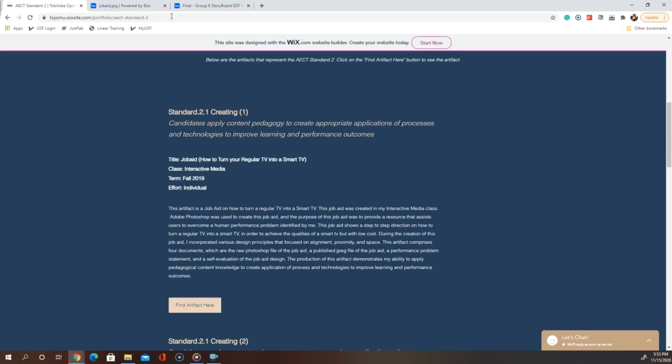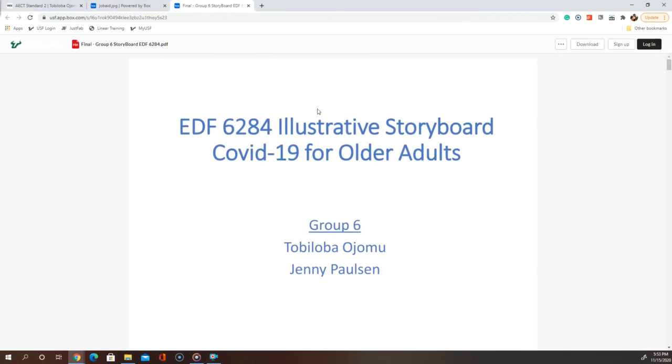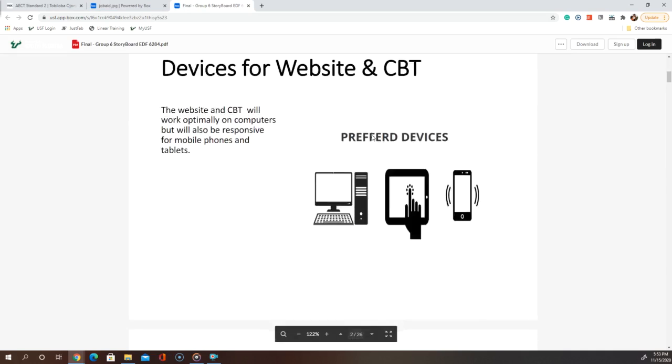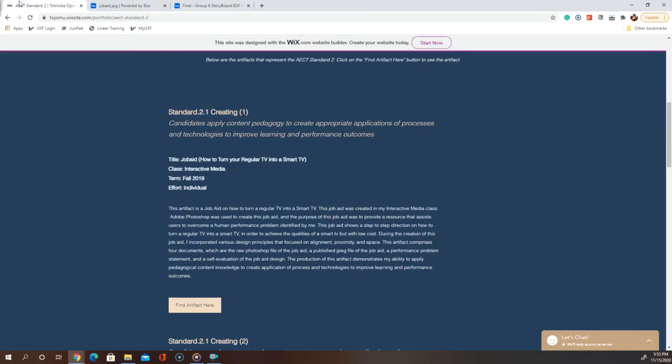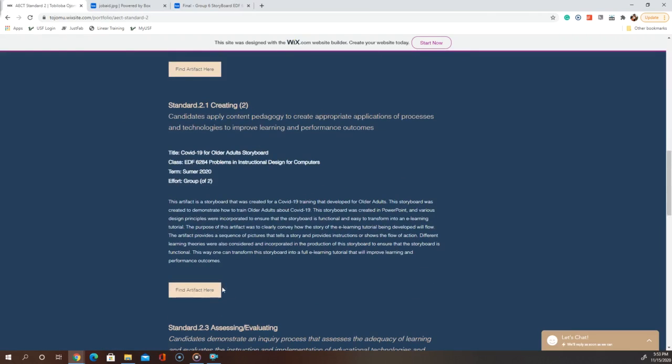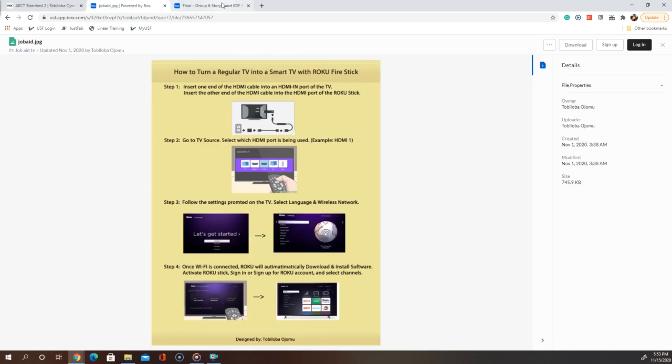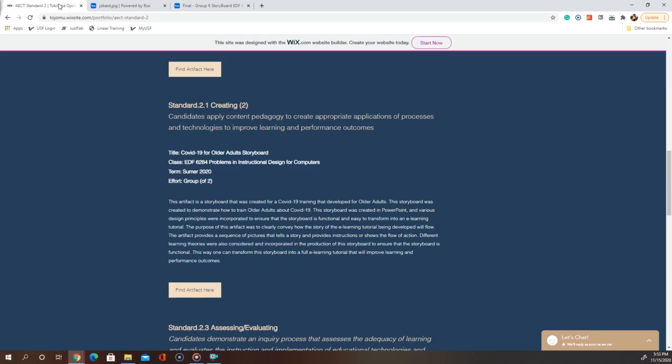The second artifact that also represents Substandard 2.1 is a storyboard that was created for the development of a training in my Problems in Instructional Design for Computers course, and you can find the artifact here. Both artifacts, that is, the job aid and the storyboard, incorporated teachable content using application processes and technologies to improve